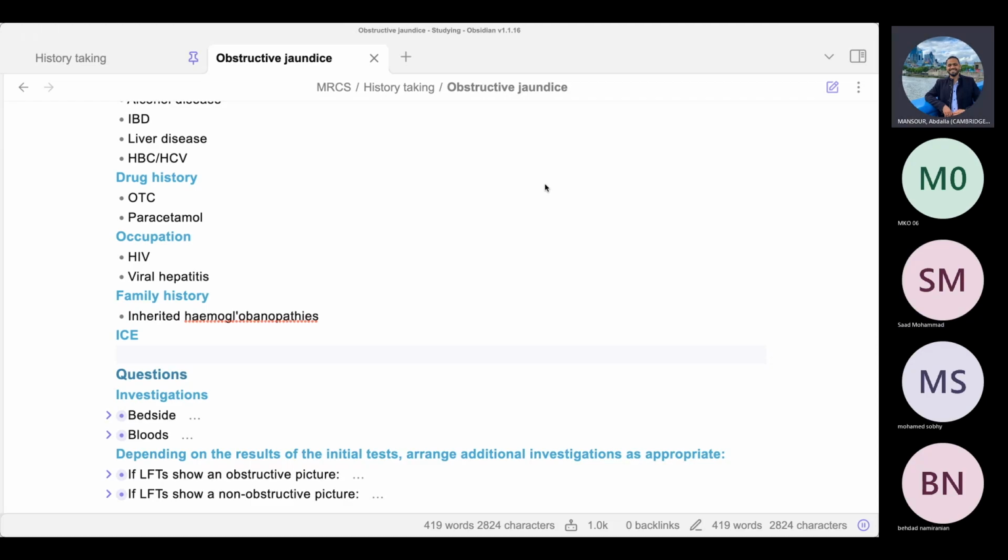I'm not sure if I mentioned this to you before, but I work as a teaching fellow, and we do exams for medical school all the time. So we don't really care. The data gathering is important, but only the crucial data gathering. So in this history taking, I would focus on